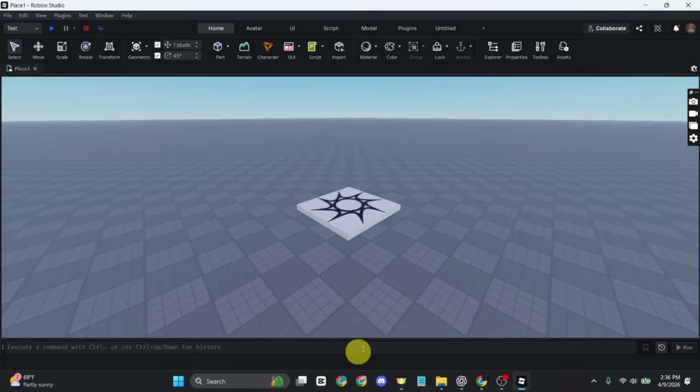In this video, I'm going to show you how to create a simple and smooth walking animation using Roblox Studio